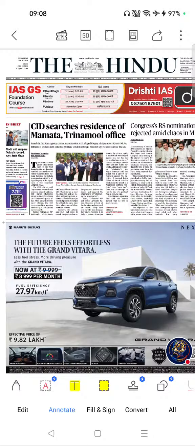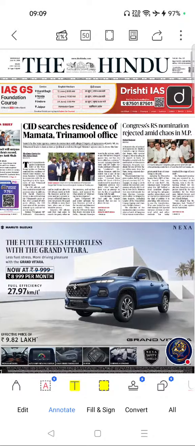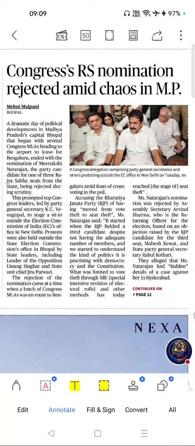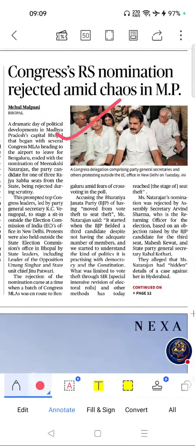Let's start with page number 1. The first important article was this one: Congress RS nomination rejected amid chaos in Madhya Pradesh. If you see the importance of this article,